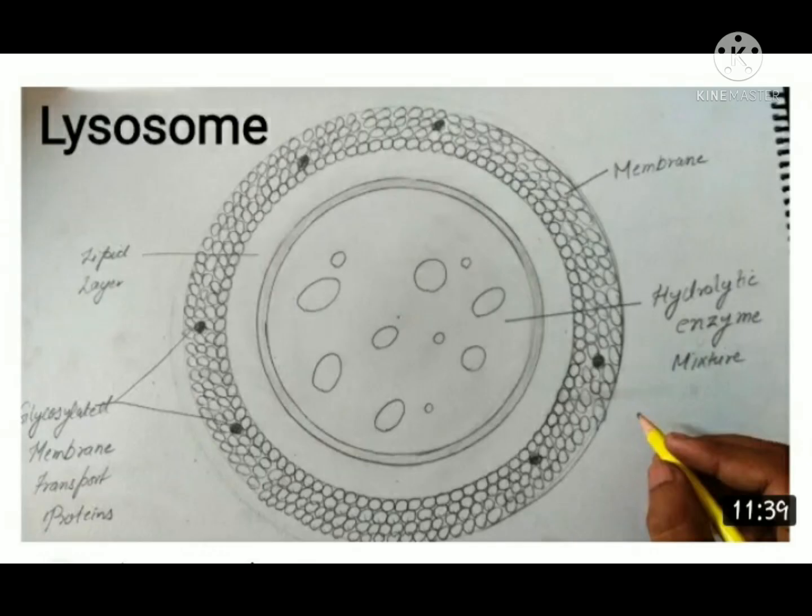Next cell organelle, lysosomes. Lysosomes contain destructive enzymes. Thus the enzymes normally do not come in contact with the rest of the cell. The materials that need to be destroyed are transported to the lysosomes. At times, the lysosomes burst and the enzymes are released to digest the cell. Hence, lysosomes are also known as the suicidal bags of the cell.